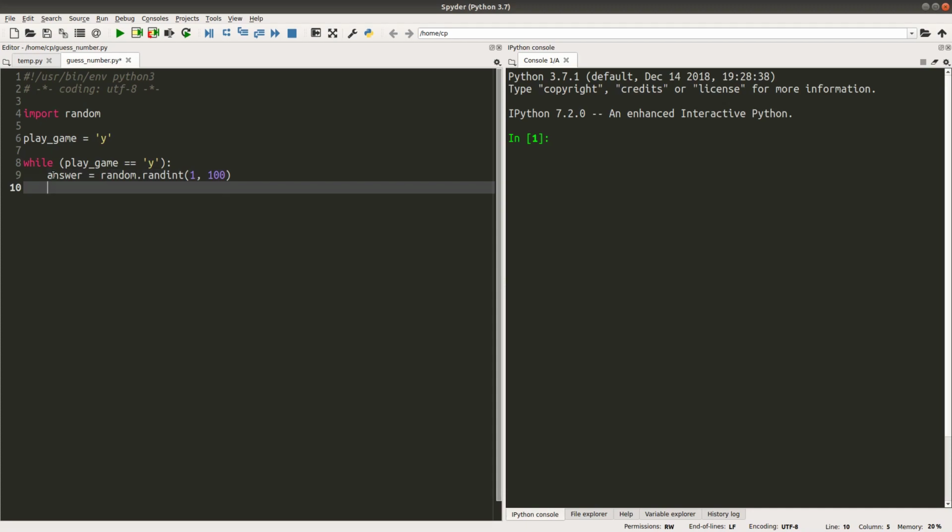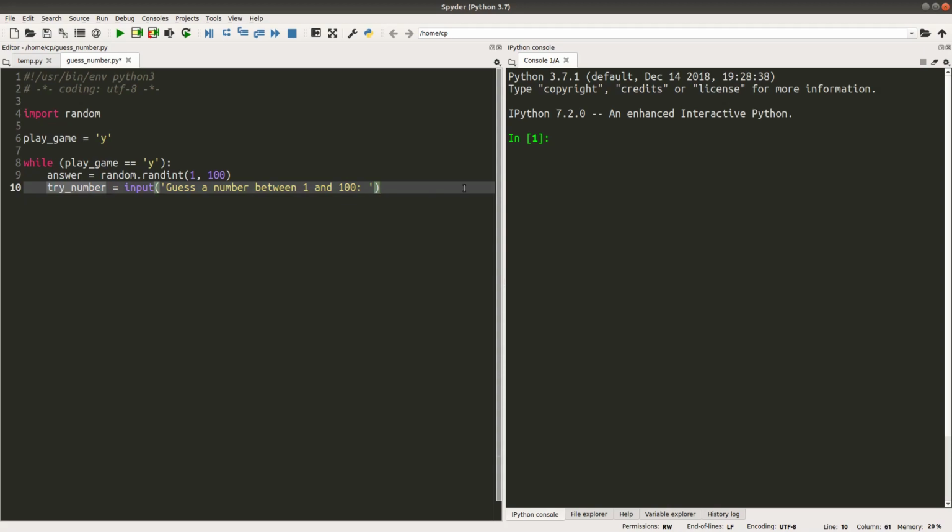And then I have to set up a variable to store the user input. We can call this variable try number. I make a prompt to let the user input a number, and then I store the number in try number variable here.